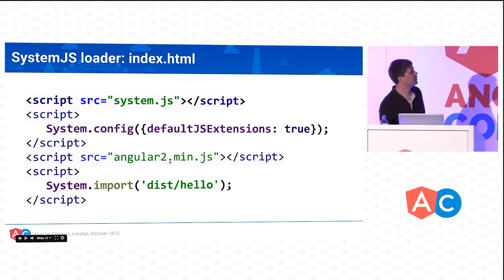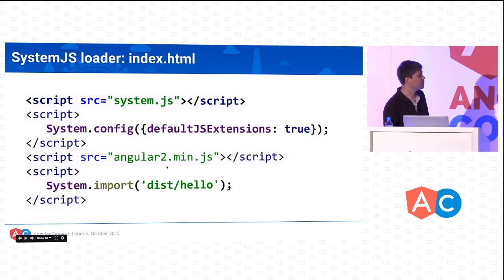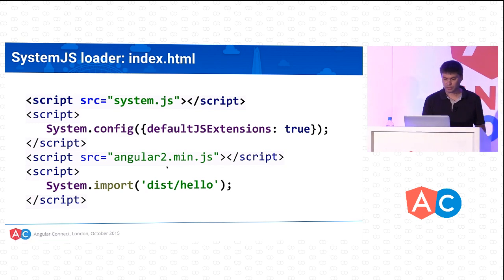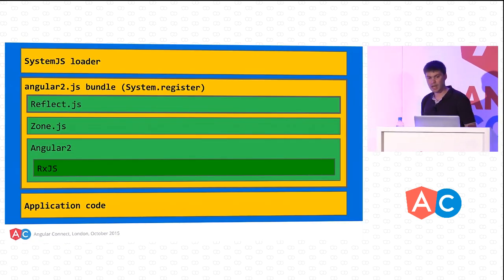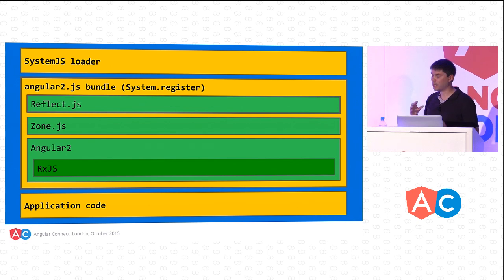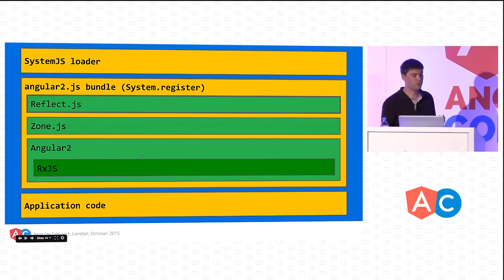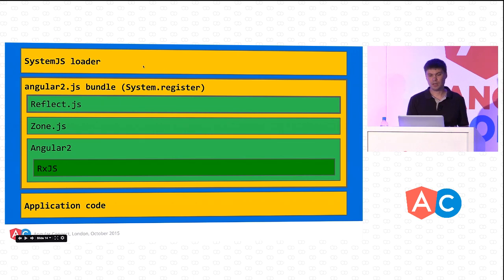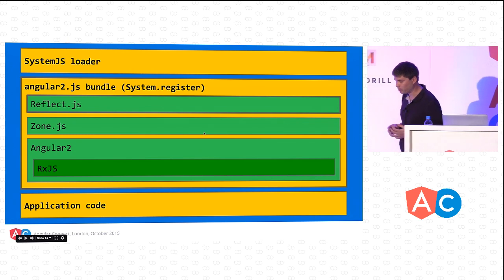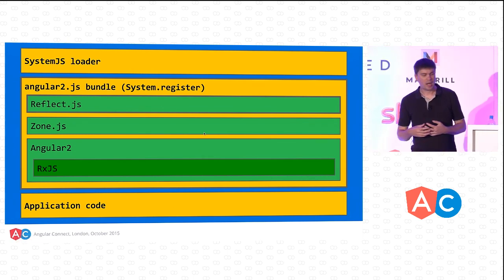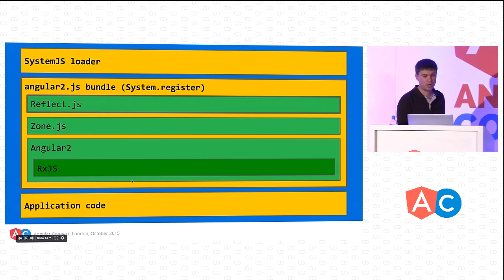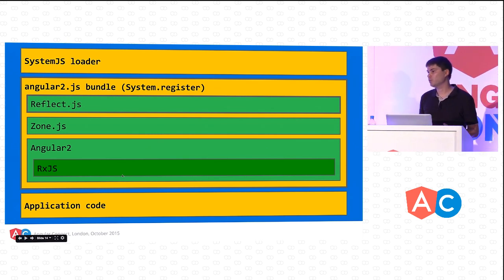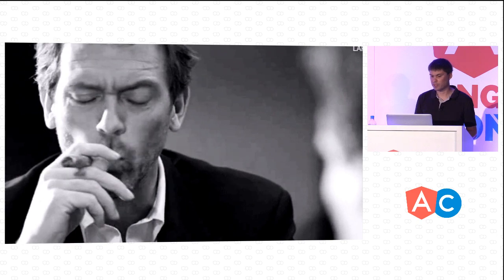Look at this line here, where we are including Angular.js. Actually, we provide a bundle which can be loaded by SystemJS loader. So once again, this is another view of our files. We've got system loader, we've got our application code, and there's the bundle that we've got as part of the NPM distribution. And this bundle includes Angular2 code. It includes Rx dependency, which is mandatory, plus some mandatory polyfills. Right? So this is one of the setups that you are probably seeing quite often in the community.